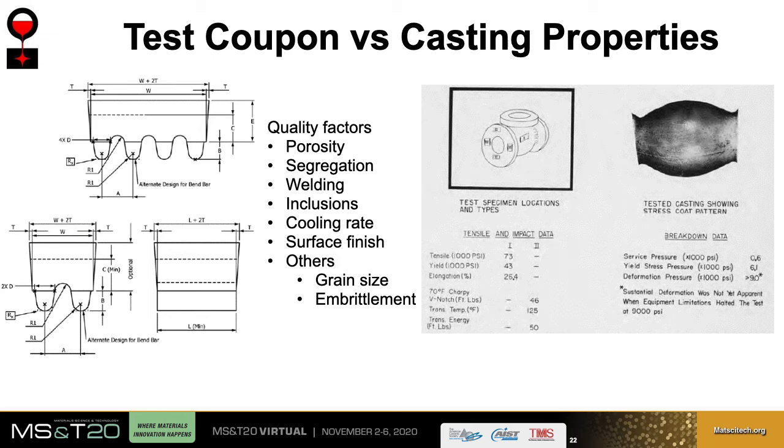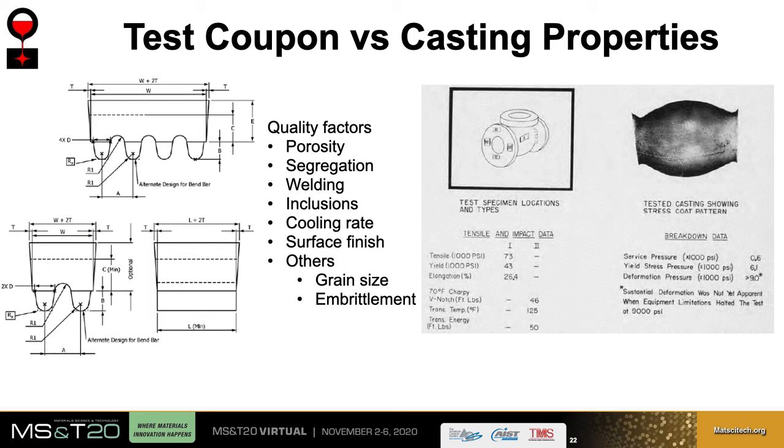The test results are not intended to define the upper and lower limits of tensile properties within a part poured from that heat. This is true for all product forms, whether it's a casting or a forging or a plate. All ASTM material specifications acknowledge this. Properties vary within a part.